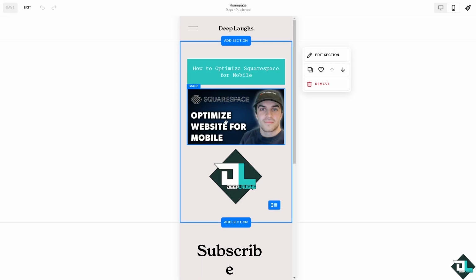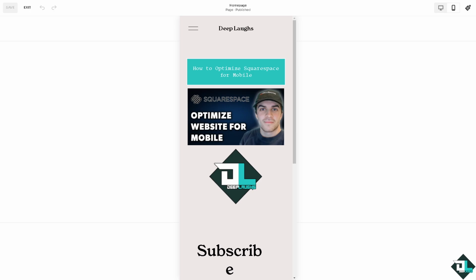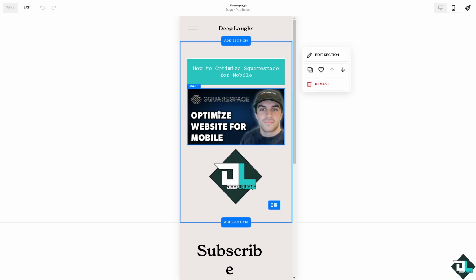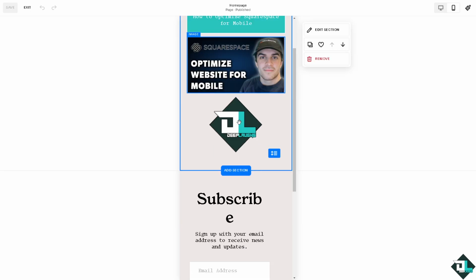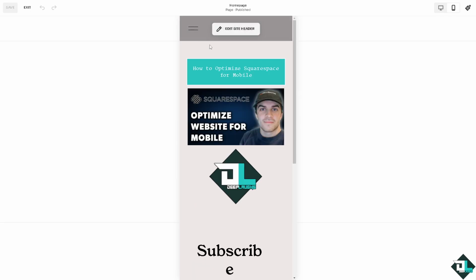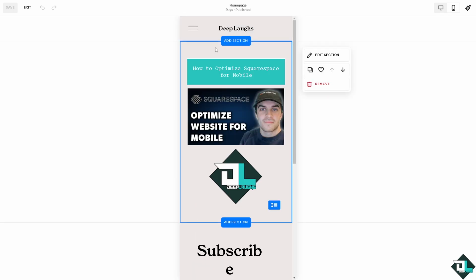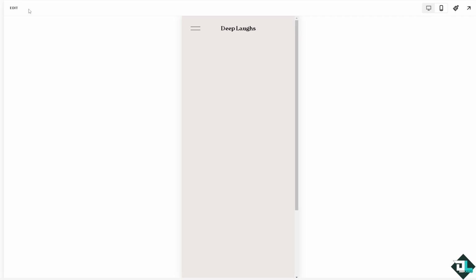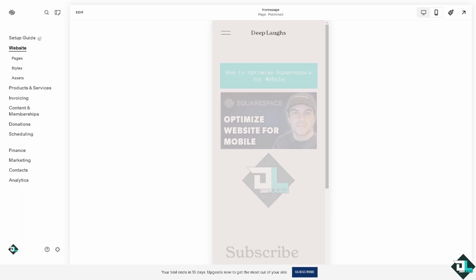Now, always ensure that images are in formats like JPEG or PNG, and keep them under 500 kilobytes to improve loading times. Alright, so mobile screens are smaller, as you can see, so simplify your layout for a more user-friendly experience. Now, if you're not happy with this kind of design, just go to exit, and let's go to the